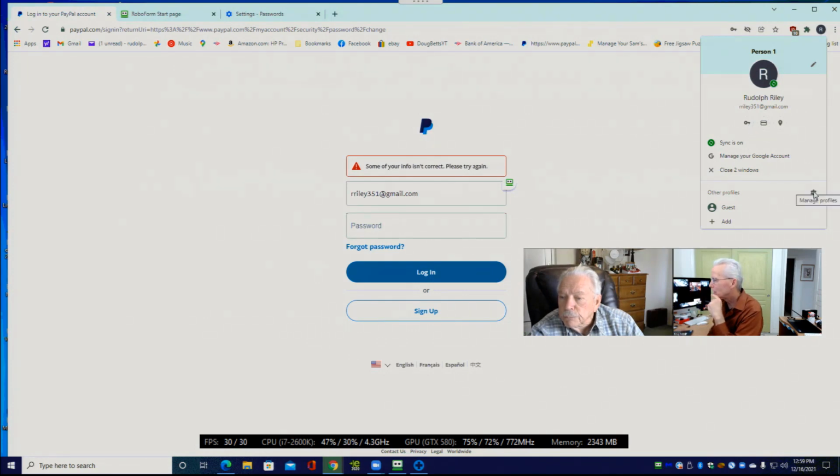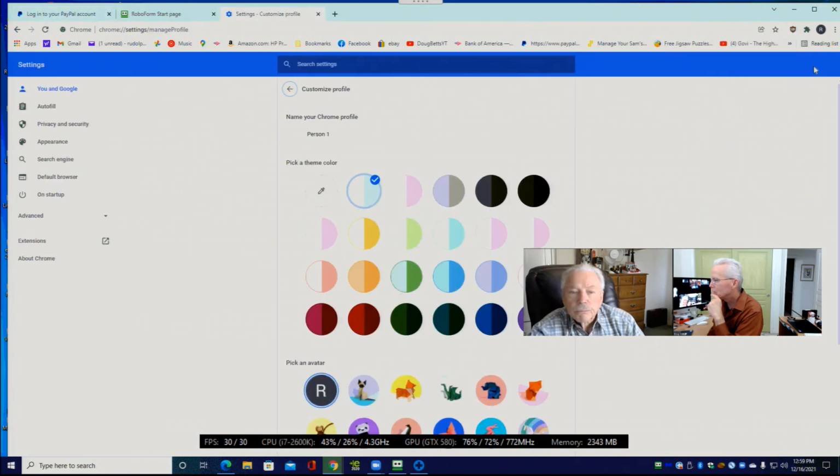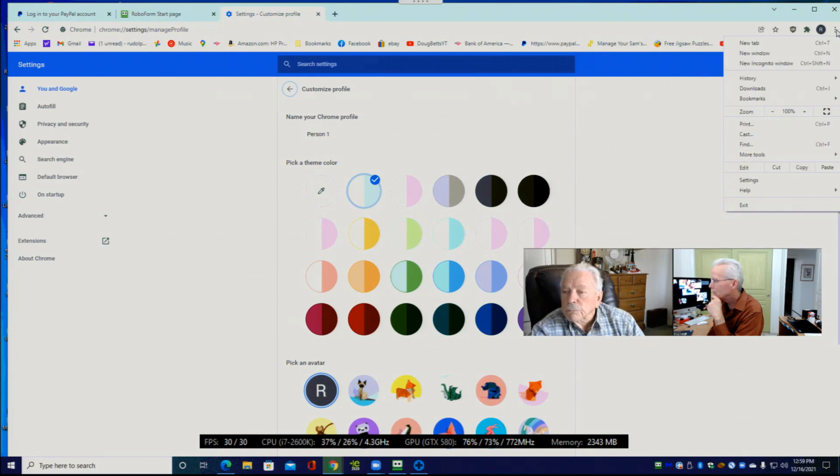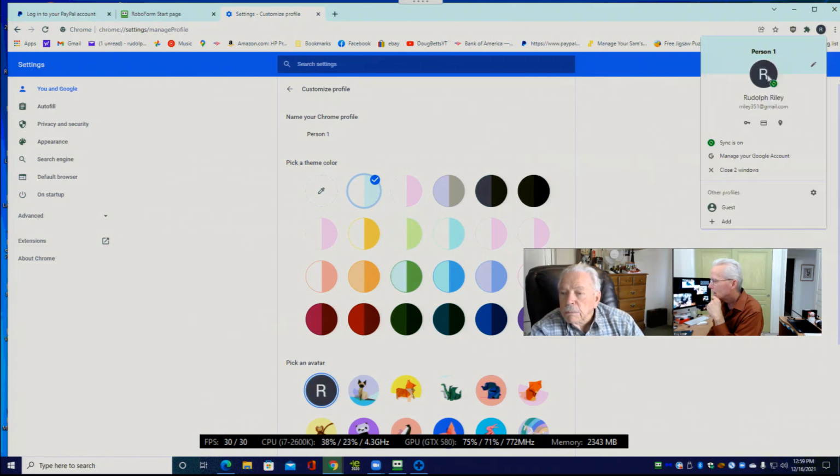Other profiles, manage profiles. The pencil button. The 3-dot menu. Click on your profile icon.